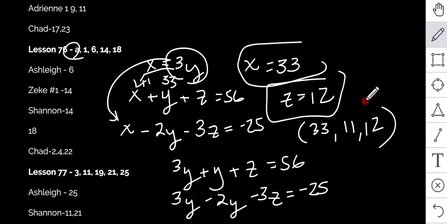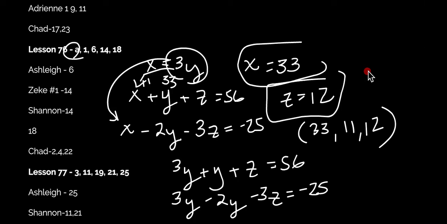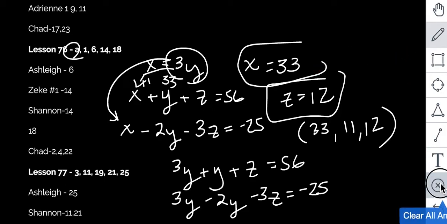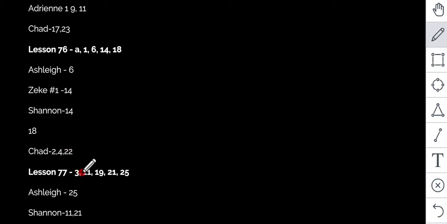Number 1. Another distance problem. I'm not sure if I decided to do one or not. I think I didn't do this one because it is the same as the one that I just did. So this is, let's see, 32 miles and 72 miles. This is exactly like the one that I did from lesson 75. So moving on, we have number 2 is the